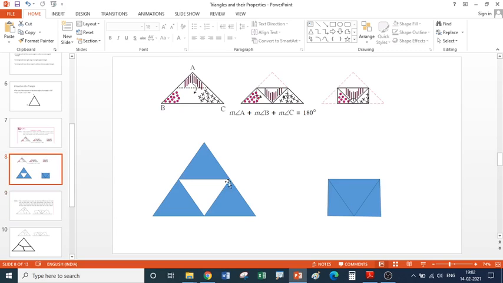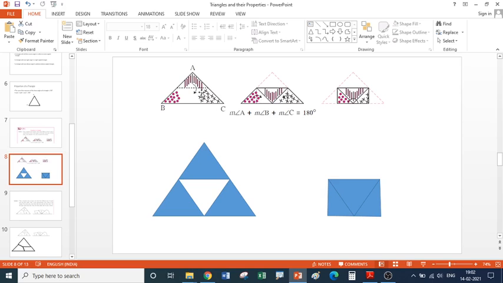Now, in this figure, what we have done is, we had an example of an equilateral triangle, which makes three equal parts of the given whole triangle. This is the whole triangle and we are making three equal parts with the center one part. So four equal triangles of the given whole triangle, and with the help of that we are trying to prove this property: the sum of all the three angles of a given triangle will be 180 degrees.